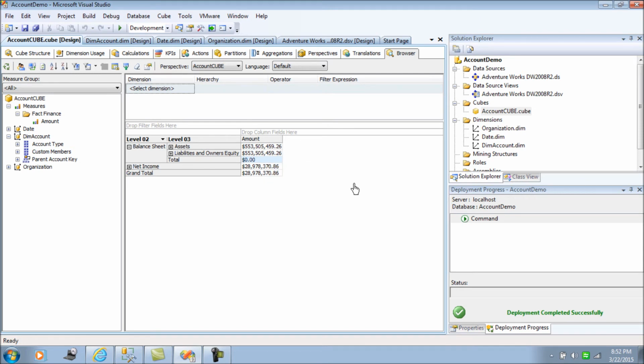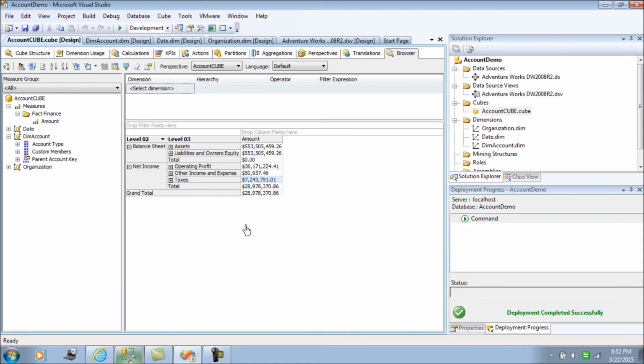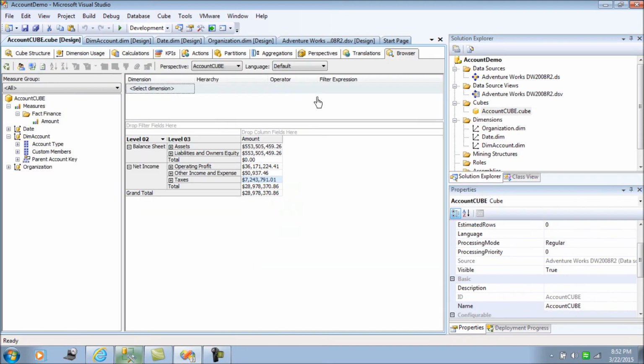The balance sheet is showing you $0, while the account net income is actually the sum of the underlying members, which is the correct value. This is because we have identified and defined the unary operator column here. So that's helping us. Otherwise, since we have given sum as the aggregator here in the properties, it would have given you a different value. Had you not used the operator column, both of these would have been summed up, and this wouldn't be $0. So I'm just trying to explain this here.